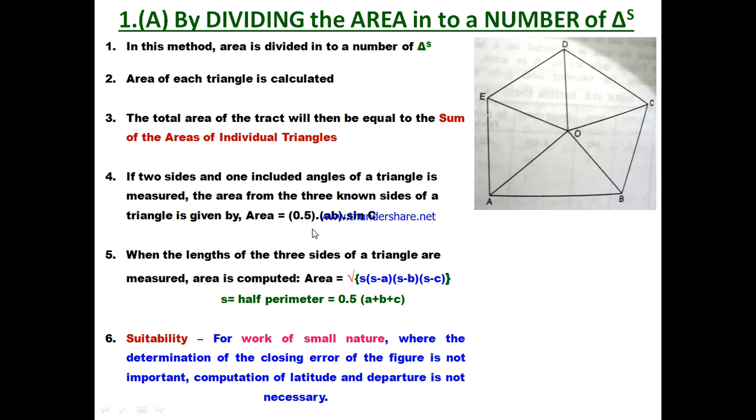Okay. After getting the lengths of the traverse lines, the bearings of the lines and the included angles, by applying this formula you can calculate the area of each individual triangle and then after summation you will get the total area. For the check, to see whether you have calculated it correctly or not, you can determine the area of each individual triangle with the help of the conventional formula, and then take the summation and see whether these two entities are equal or not.